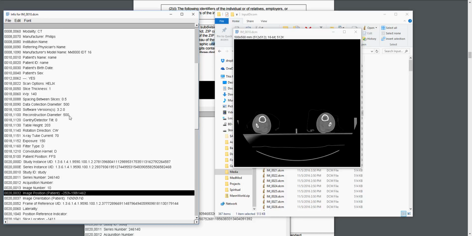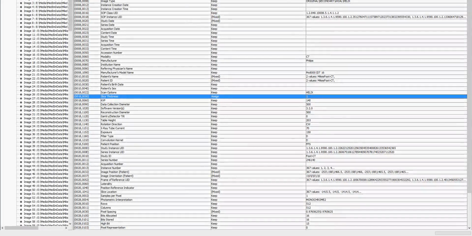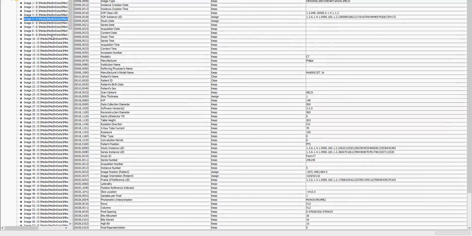So those are some of the important values, things to look for when you load up a scan. Now let's actually look at how to go about fixing scan data. So this is that same scan, I believe. This is a Dicom browser program. So it's a free program you can use to load in data. It's kind of cut off with the video capture here, but basically if you look at any one slice,